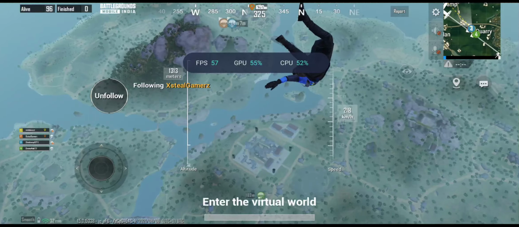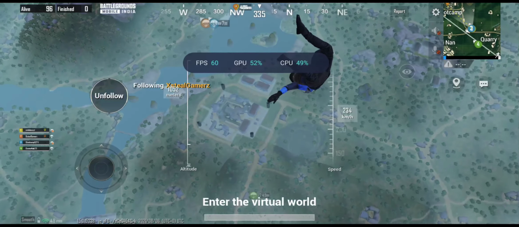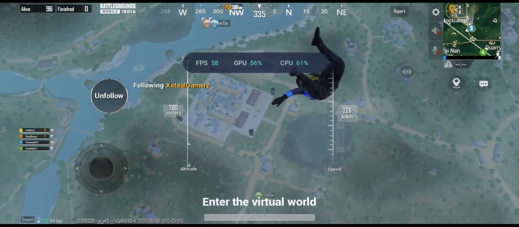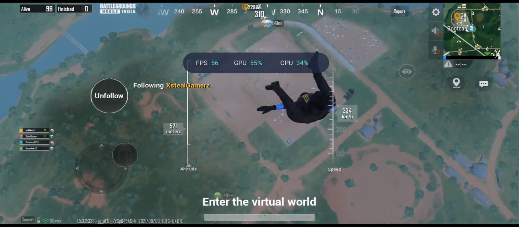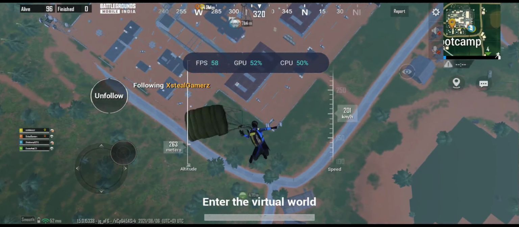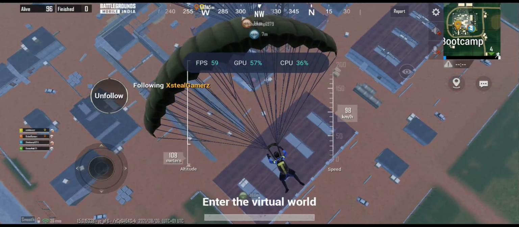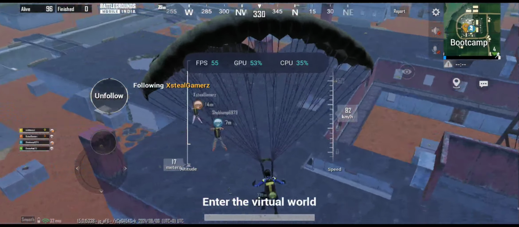So it's kind of close to 57 FPS. I'm getting 57, 58 FPS, not bad. 57, 58, 56. This is the test which I'm doing using the screen recording and gaming at the same time. As you can see the results exactly, it dropped up to 55 FPS on this OnePlus Nord 2, not bad. 55 FPS exactly.